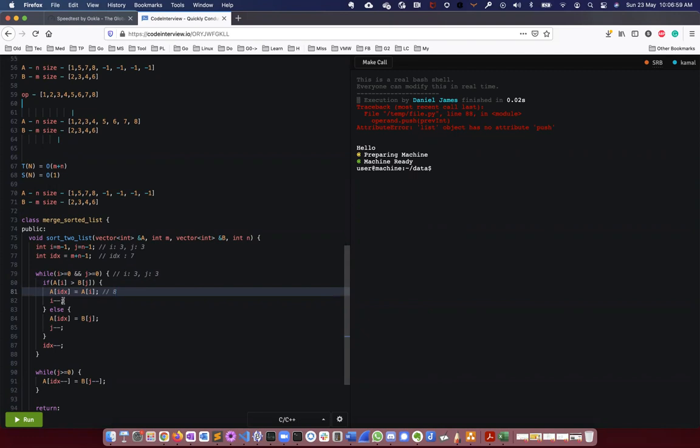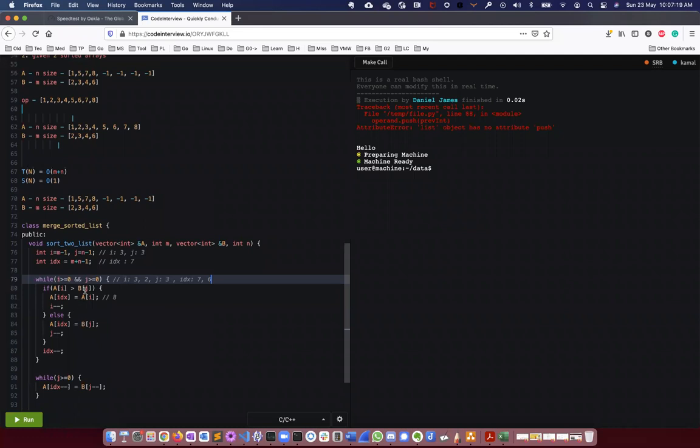Then I will decrement j to 2. Now the index will be pointing to 7, and it is decremented to 6.